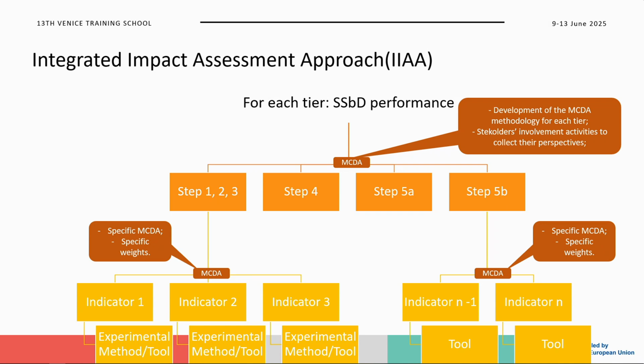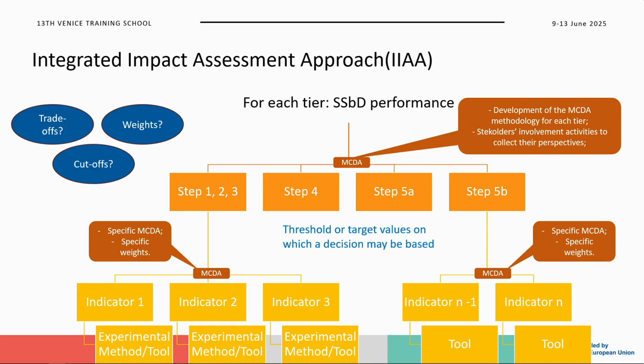When we speak about multi-criteria decision analysis, we intend to include the possibility to account for stakeholder perspectives, to consider, for example, if there are trade-offs, if we can identify specific weights that are also related to